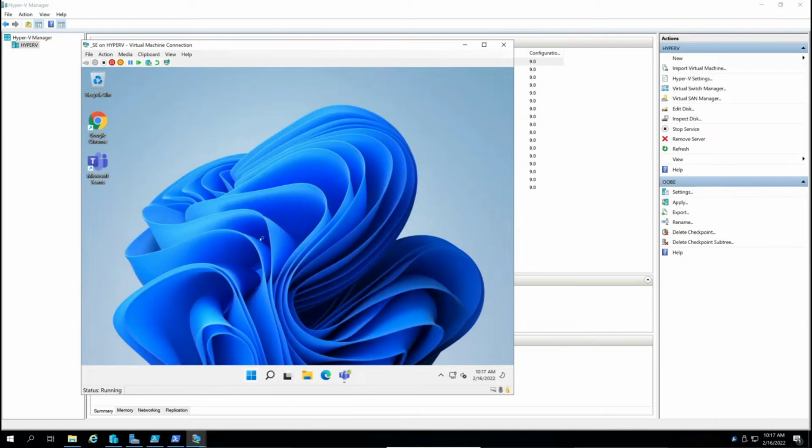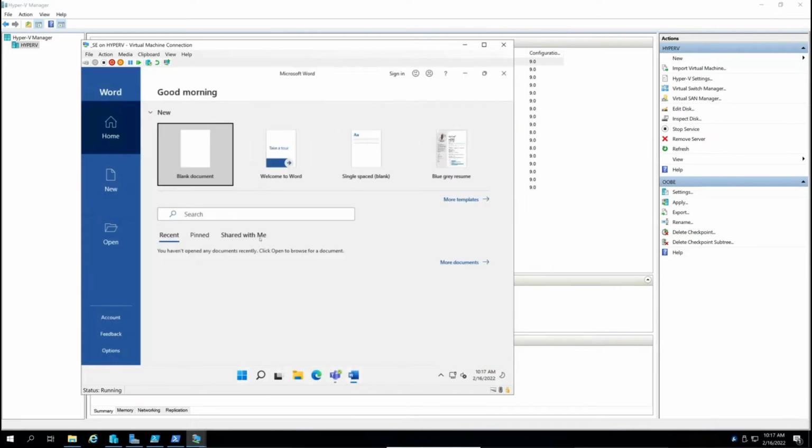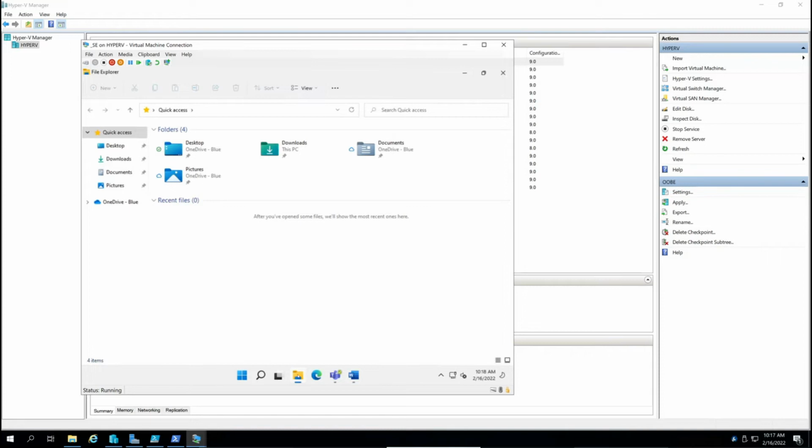If I just click on Word here, what you'll notice is that with the Office apps, we can configure the experience so that single sign-on works. As I open up Office, we'll see here that it's changed to my student account and that my documents are already showing up from OneDrive for Business, because OneDrive for Business has already been pre-configured. To see that, if I open up File Explorer,